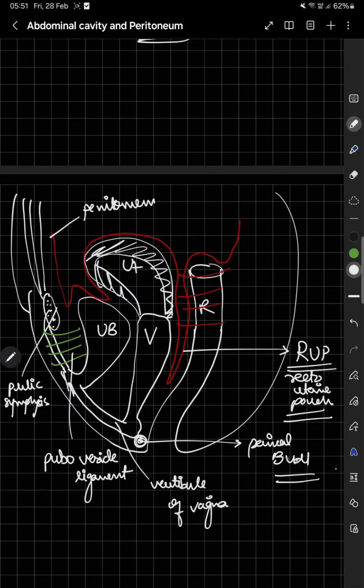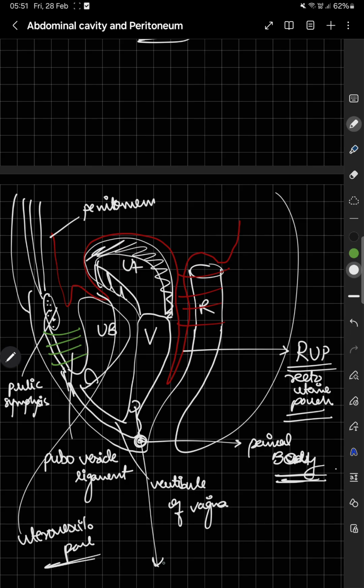So this is known as our perineal body, not perineal bud. Vagina is done, this is done, that is done. Okay. Utero-vesical pouch. This is one more pouch over here. And then we have two more protrusions over here which will make our urogenital diaphragm. So first we have a